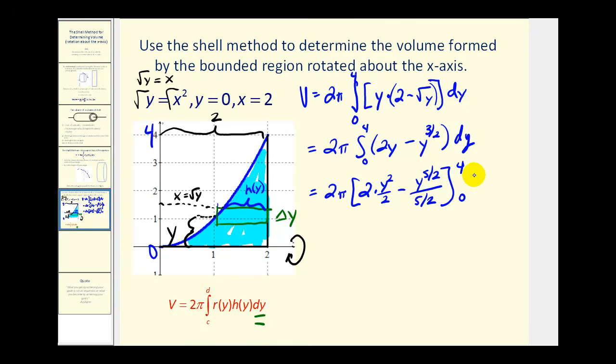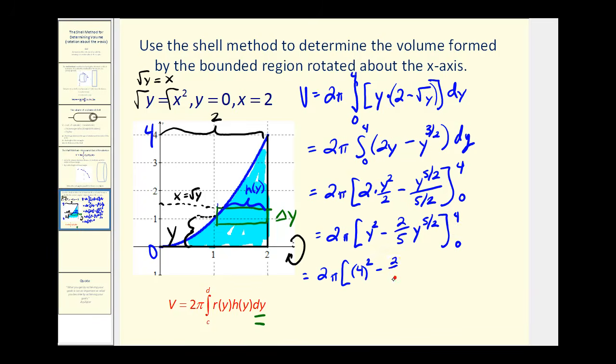Let's simplify this one more time and then we'll perform the substitution. So we'll have y squared, and this would be minus, well, dividing by 5/2 is the same as multiplying by the reciprocal. So I'll have 2/5 y to the 5/2. So now we'll replace y with 4 and then y with 0. We'll take all of this and then subtract the value when y is 0. Well, when y is 0, both of these will be 0. And to save some time, I've already determined this value is 32 pi over 5,